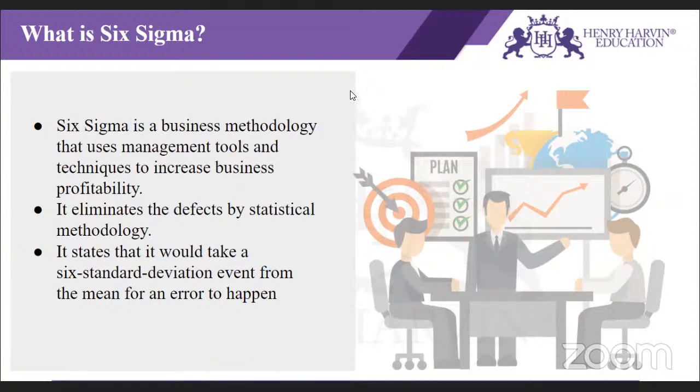There will always be a limit. Why? Because you can't make it zero. If you could make it zero, there would be a single value, a target value, but we move around that target value. So Lean talks about elimination of waste and Six Sigma talks about reduction of variation. Since variation is natural, I can't make it zero, but I'll try to reduce it as much as possible. We define those limits, within which limit we need to bring it, and all those things we will learn when we learn Six Sigma.